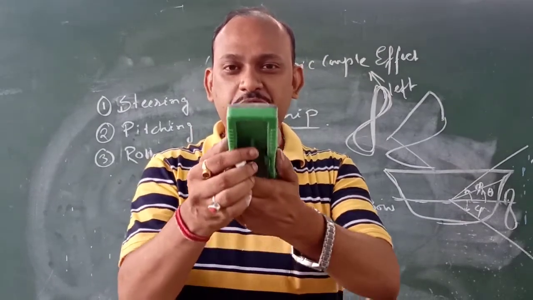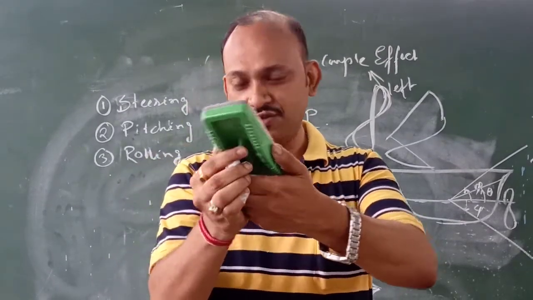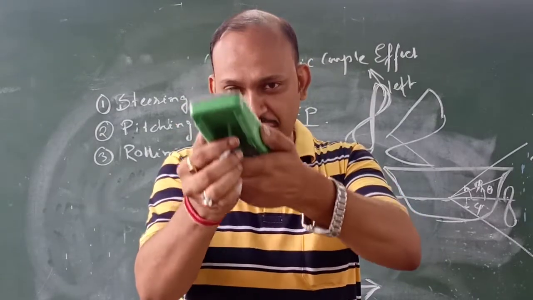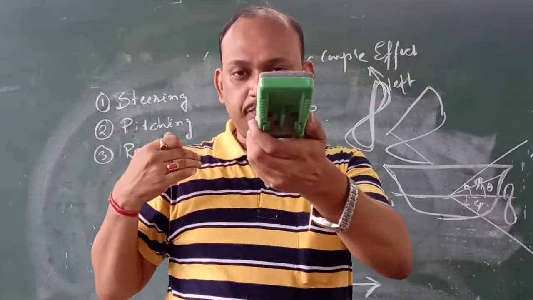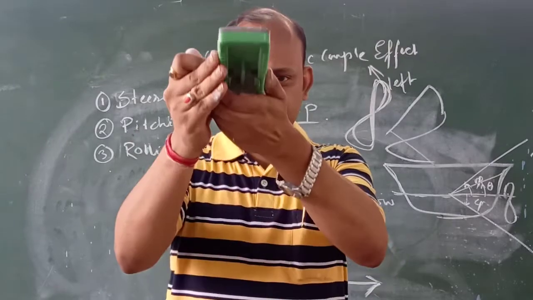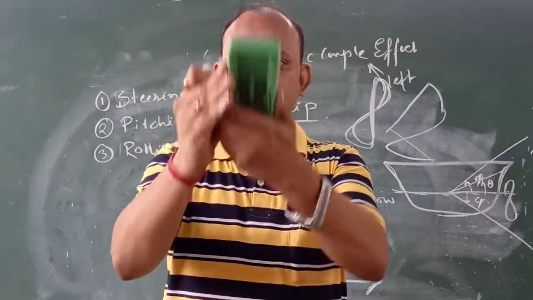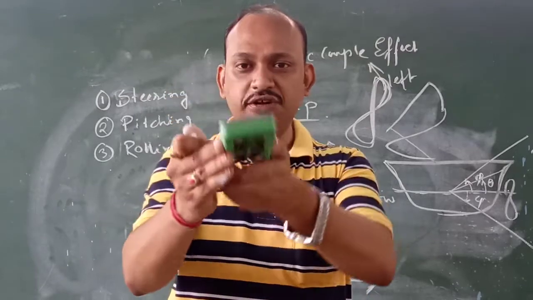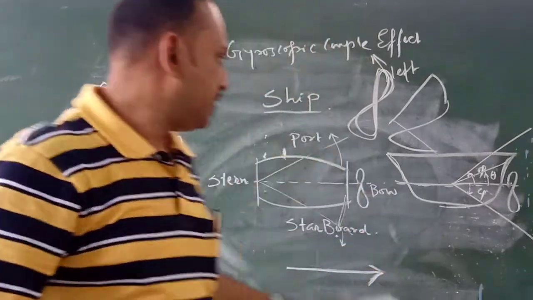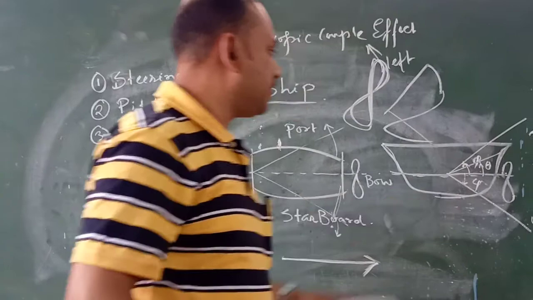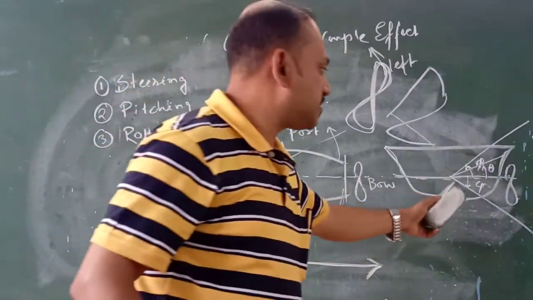When it moves in the upward direction, it steers towards the left, and when the wave has passed through and it falls, that means downward pitching, it has to steer towards the right. So this type of movement will occur continuously in a ship. Such a complex is the movement of a ship. This is known as pitching action.